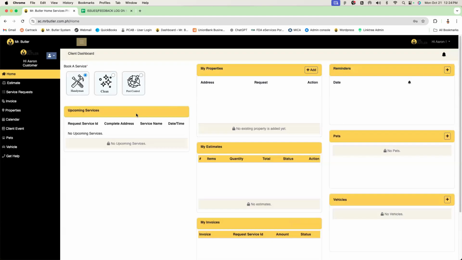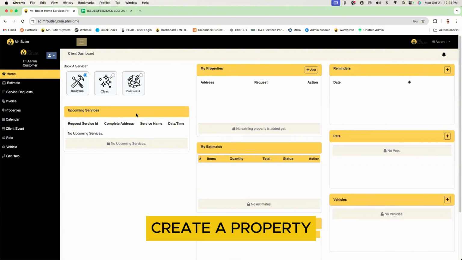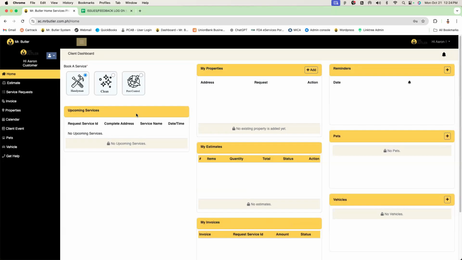That is because when you log in, the first thing that you will have to do is create a property, because all the service requests will be attached to a property. If you were not able to add a property at the beginning, it will be hard for you to create a service. Okay, so let's